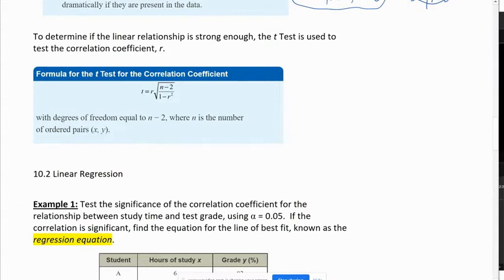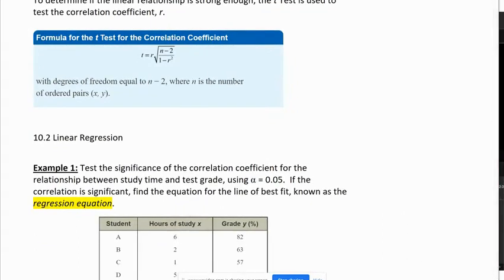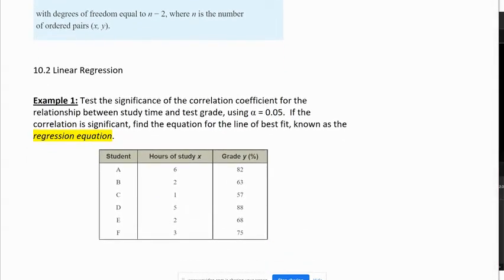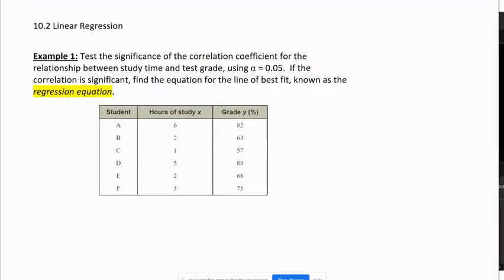They also give you a long formula and a long process for coming up with a line of best fit, which you're not going to have to do, but it is in the book if you were curious how you come up with a line of best fit. Okay, so this leads us into 10.2,